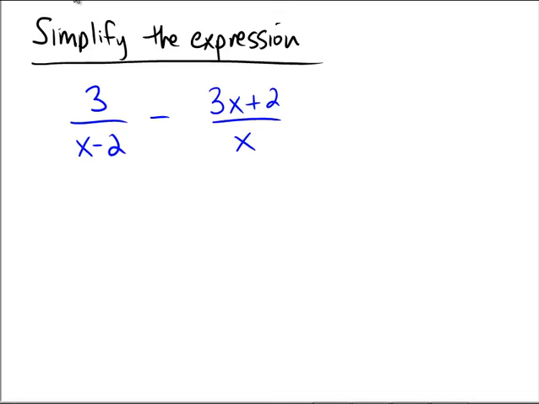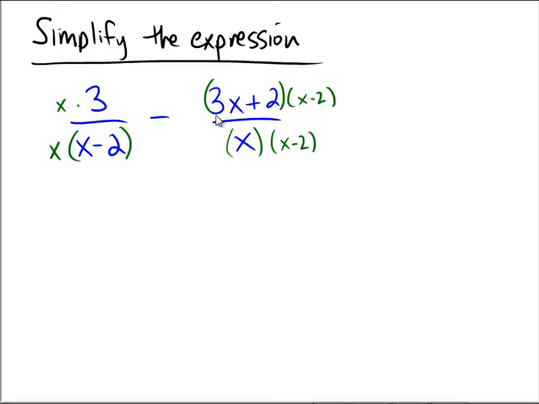To get a common denominator, we're going to have to throw in the things that are missing from either side, find the least common multiple. Because the denominators are x minus 2 and x, on the left I'm missing an x, so I'm going to throw it in here. I'm throwing it out in front, but it really doesn't matter. And on the right hand side we're missing an x minus 2, so I'm going to put an x minus 2 there and an x minus 2 there. And I'm going to put some extra parentheses around that numerator so I don't make an error